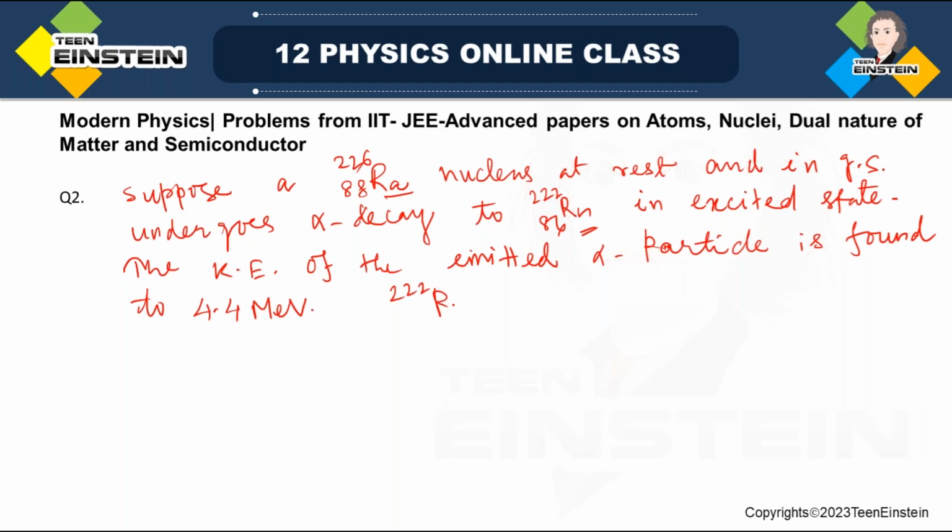Then this residual nucleus, to have a stable condition, to come into the ground state,